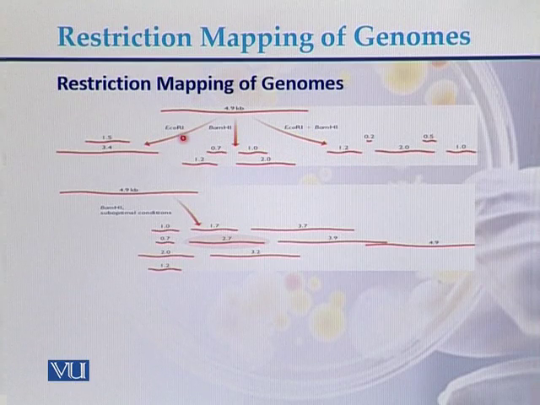So it means that when we cut the same fragment with EcoR1, there is just one recognition site. And when we cut with BamH1, there are three different sites for the restriction enzyme BamH1. So with the help of different restriction enzymes, the restriction mapping of the genomes is performed. Then these fragments are aligned according to the fragments which are produced. So that map is called a restriction map of the genome or restriction map of the DNA.